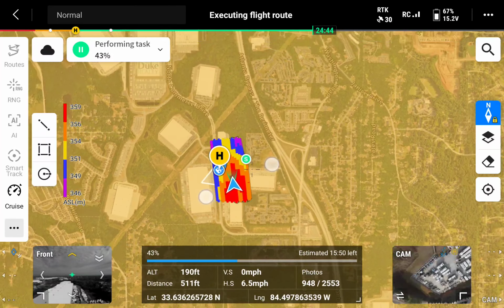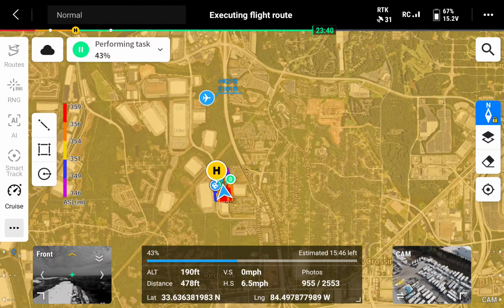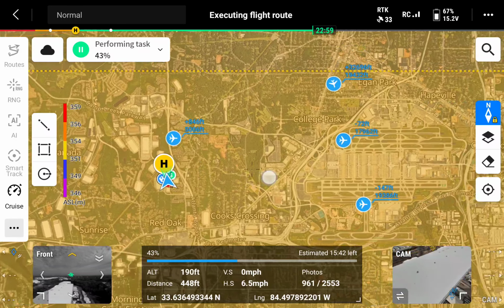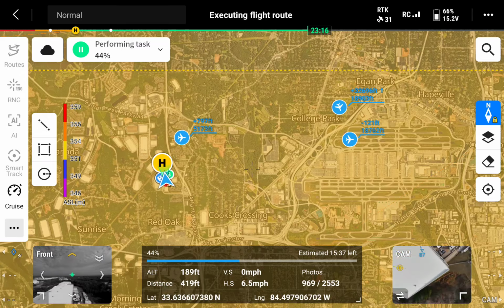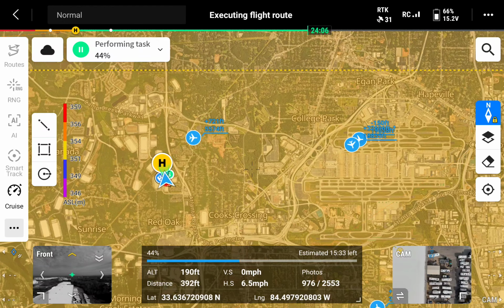So again, this is FlightHub 2 flying on a Matrice 4E and showing you through the system how to fly legally. Again, you can see it getting busy here on a Saturday morning. Lots of aircraft in the area. But again, I am flying legal less than a mile from the actual